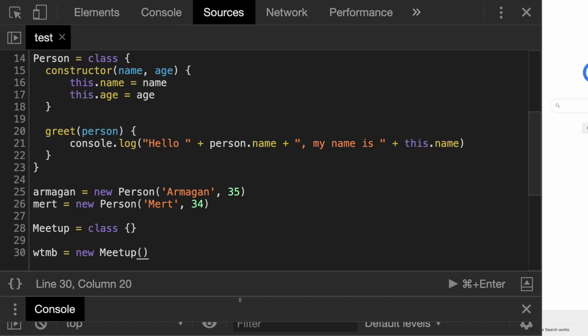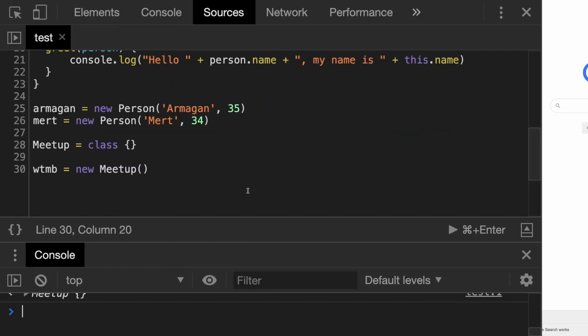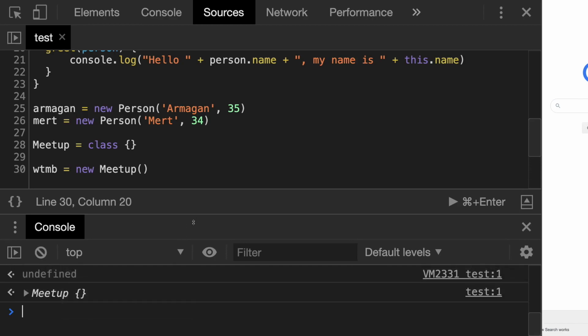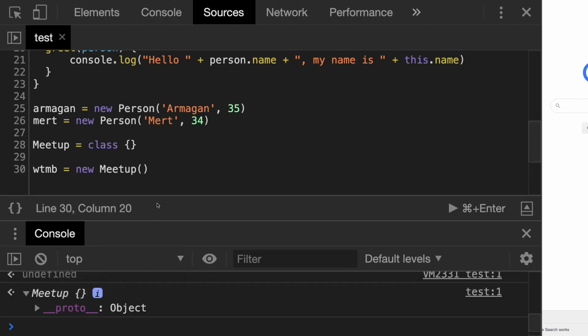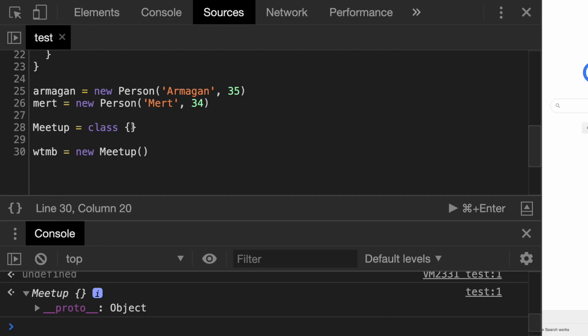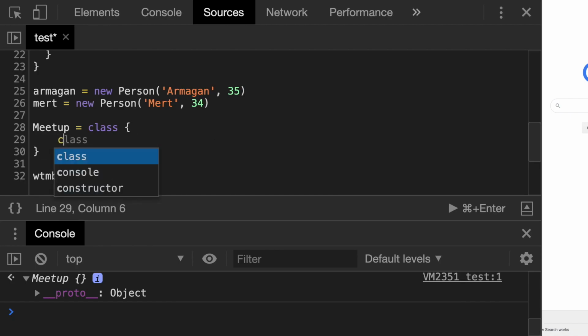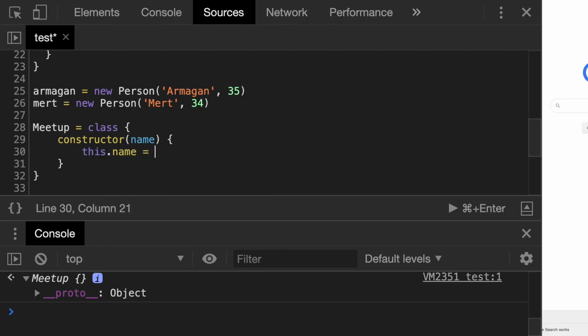So let's run this piece of code. And what we see currently, WTMB is an empty meetup. It doesn't have anything. Obviously, it should have a name. And what I'm going to do is pretty much the same as the person thing. So constructor is the function. It should take a parameter, that's the name, and it will save the name. this.name equals name, right? This is the exact same thing we did for the person, because